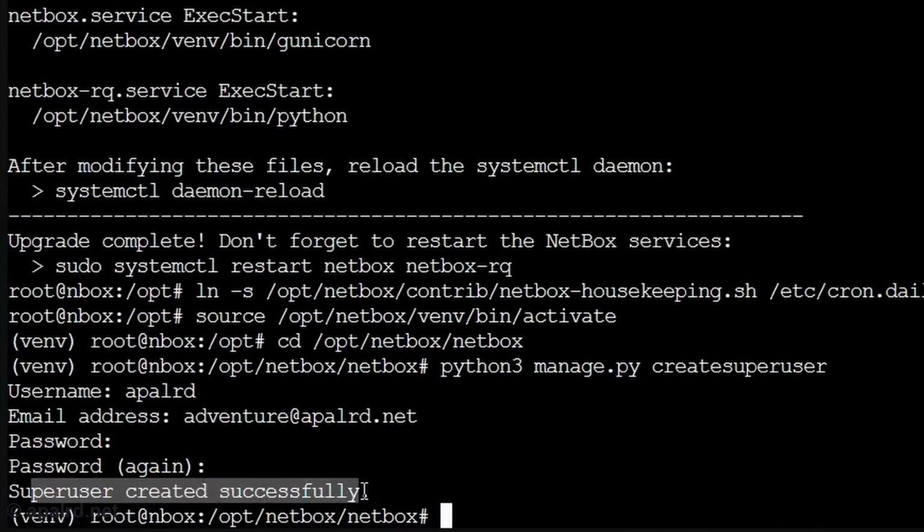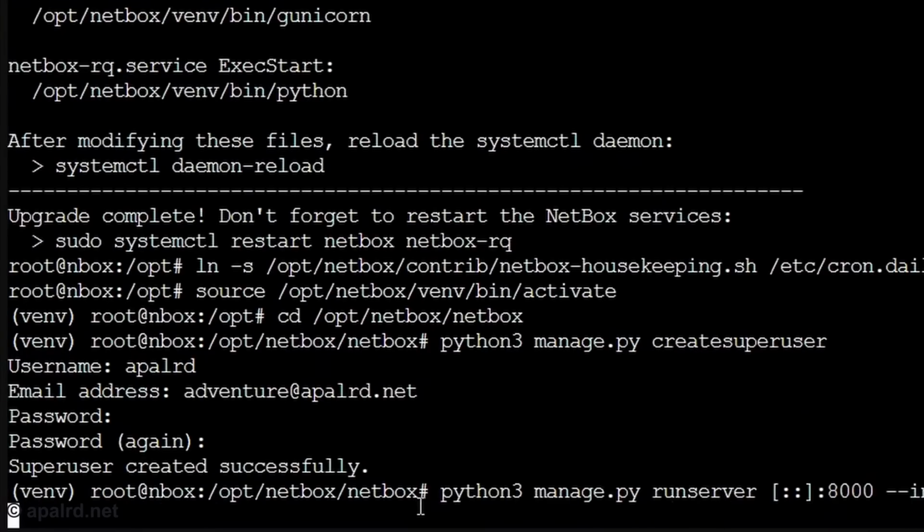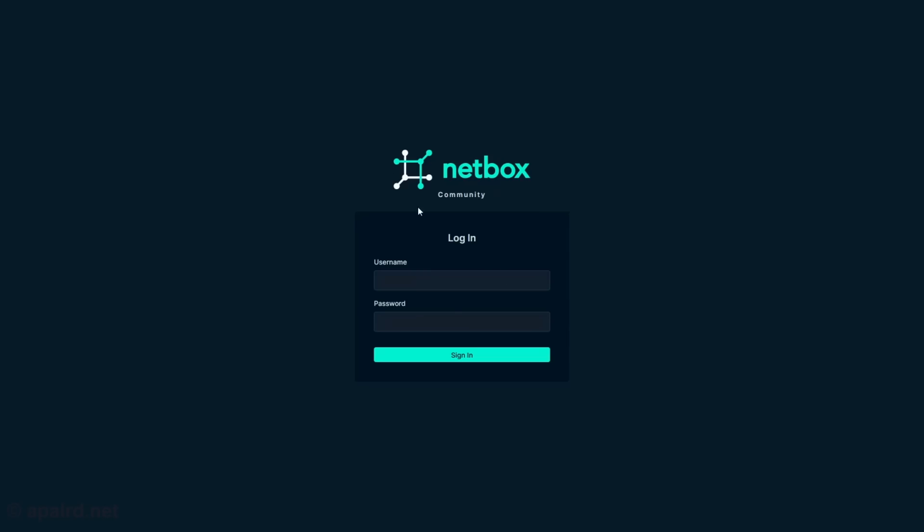Okay, got a super user. While we're in the virtual environment, we can also test it by saying manage.py runserver 8000 --insecure. So now this guy is going to start up a temporary server so we can test it. And there we go, we're at the login page. So now that we've proven it works with the development server, we're going to install a proper WSGI server that's